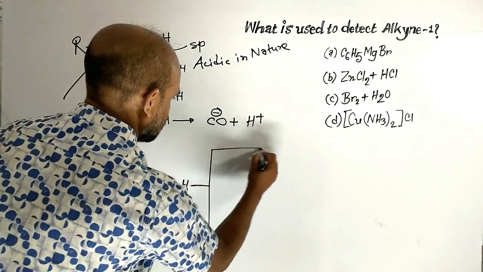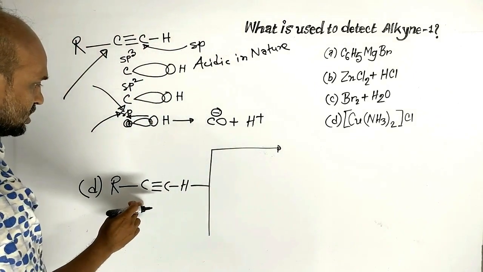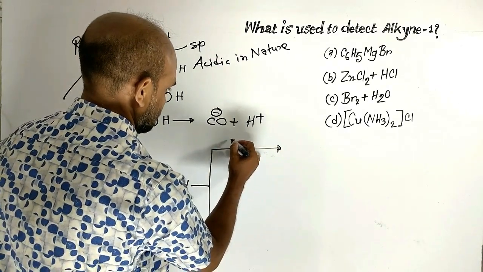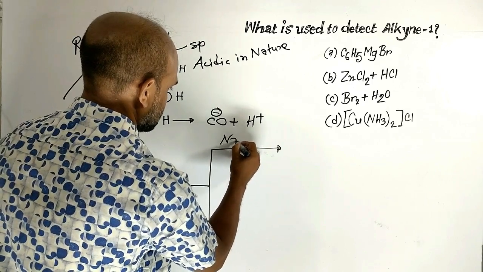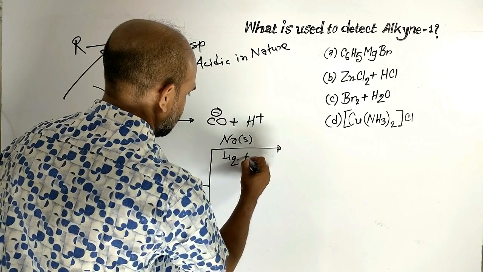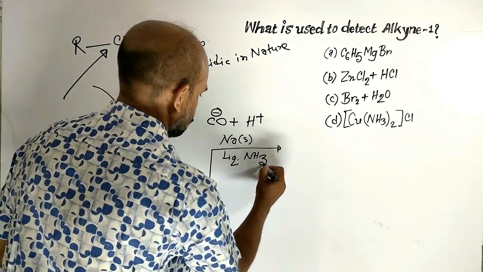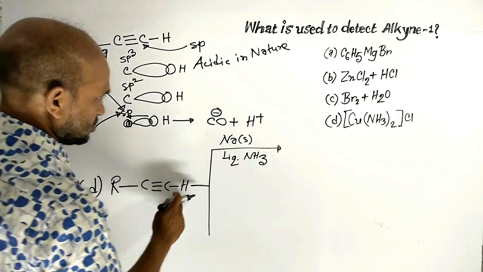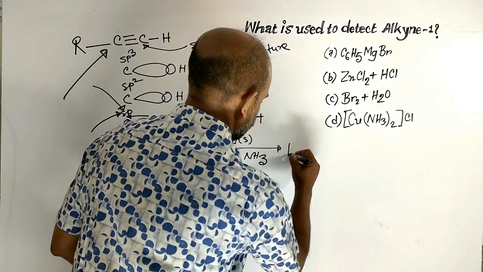Actually, Alkyne-1 is detected in three ways. First of all, sodium in liquid ammonia. Sodium replaces this hydrogen and this is formed